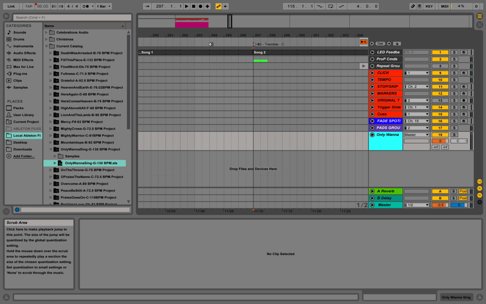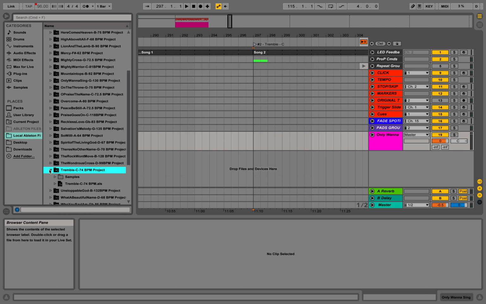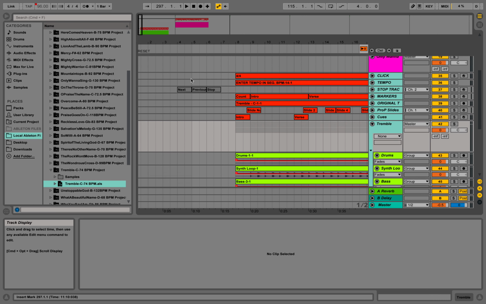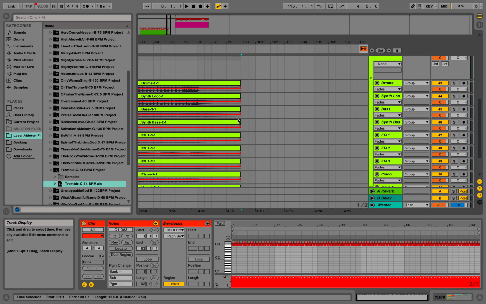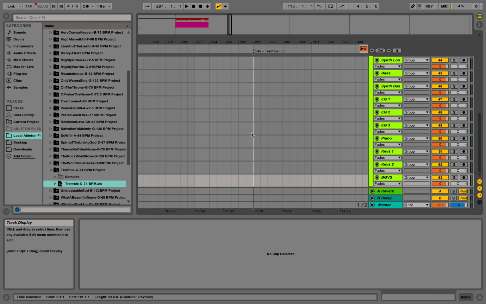Do the same thing for song number 2. Again, unfold the folder here, Tremble, and drag in the .als file. Drop files and devices here. It's going to show up around measure 8 in my timeline. See the overview here, it all dropped in right there. So I can click there, scroll up, grab the top red clip that dropped in, and move out past the right side, scroll down, shift click outside the bottom right, Command X to cut, move my cursor quickly over to the second song's locator, Command V to paste,